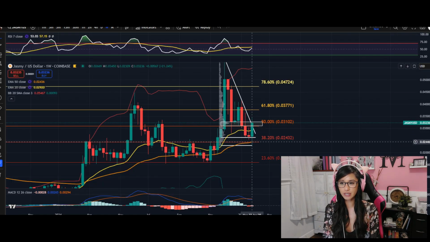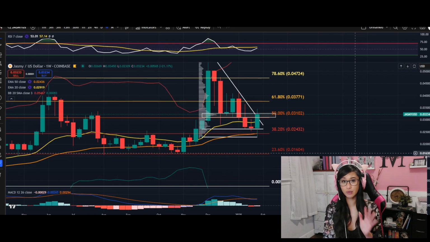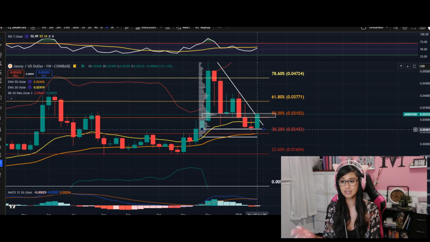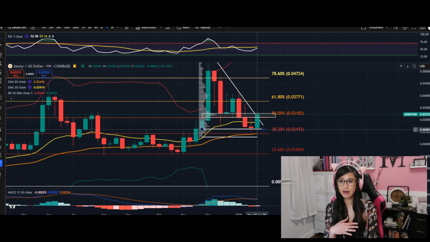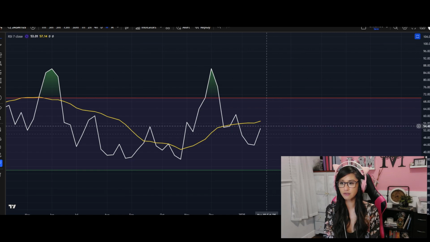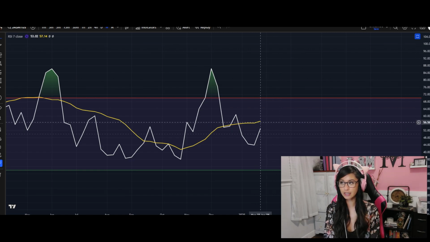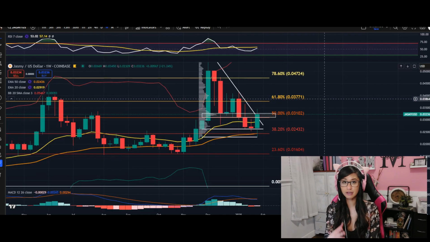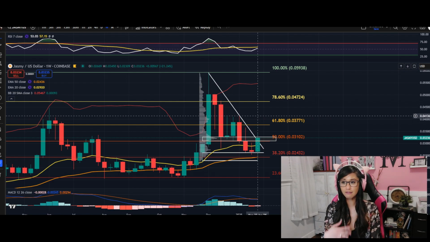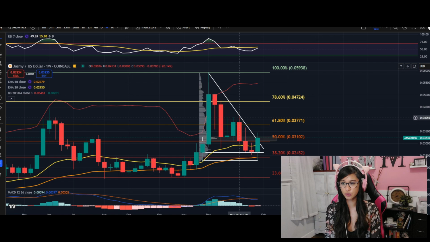We did see the previous weekly close as a spinning top candlestick here, which again showed that indecisiveness between the bulls and the bears. But what's really nice here is to see the buyers stepping in, especially when we were honing down in the last couple of days. Is Jasmy going to continue to go lower? Or is Jasmy finally going to find that nice area of support before buyers step in? So this is a good area as well. I want to say if on the weekly time frame we see a cross above our signal line here for the RSI, then it is going to give us a stronger momentum to really test that 4 cents that we saw heavy resistance through, I want to say 1 to 3 weeks time.